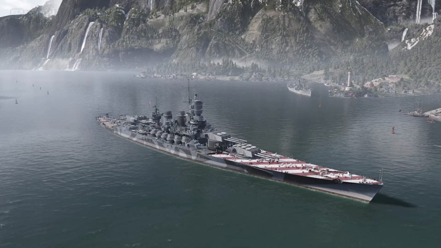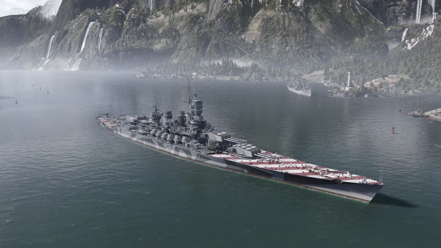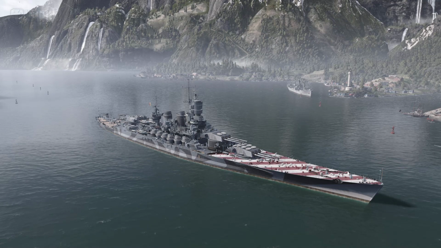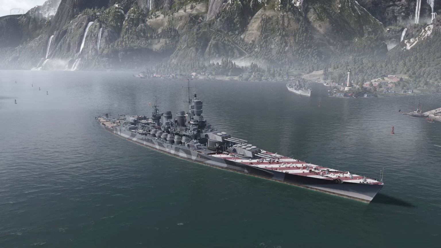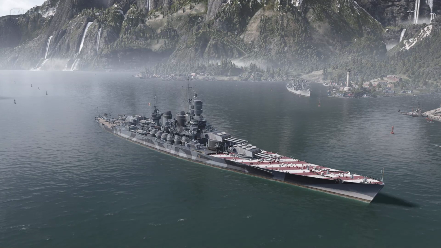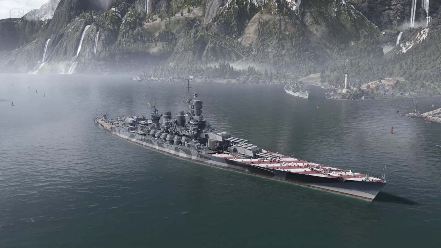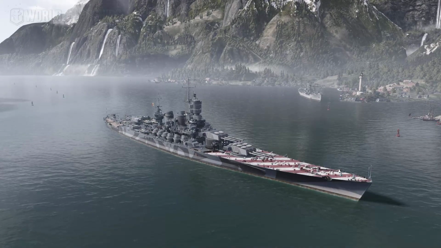Impero was a Littorio class battleship, laid down in May 1938 and launched in November 1939. Italy's entry into World War II forced the Regia Marina to focus its construction on this battleship. Now I don't have any more information, but what I'm trying to say is that it's literally Roma's hull with